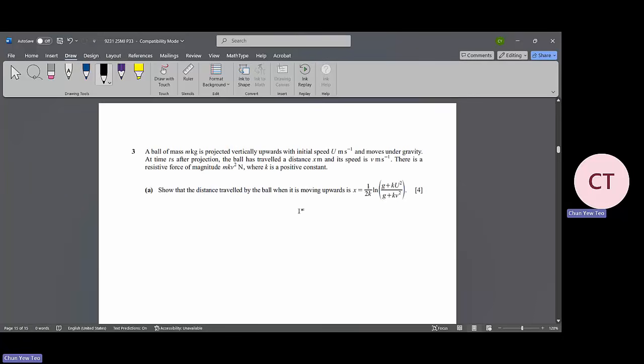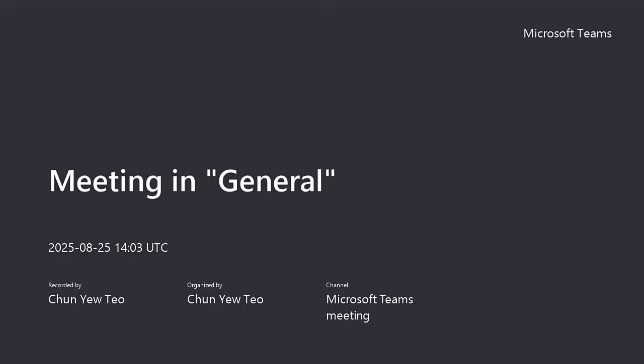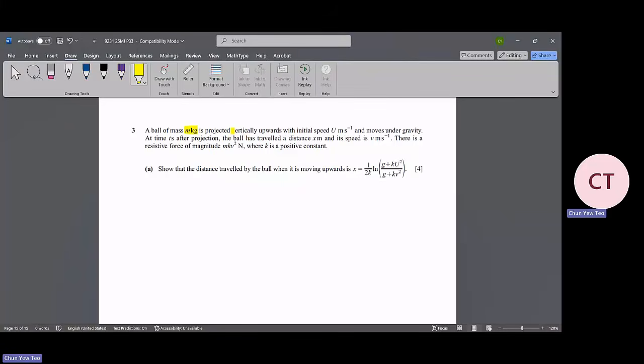Now we move on. Question number 3. A ball of mass 10 kg is projected vertically upward with the initial speed of u meters per second and moves under gravity. At time t seconds after the projection, the ball has traveled the distance x meters and the speed is v meters per second. There is a resistive force of magnitude mkv squared. k is a positive constant. Show that the distance traveled by the ball moving upward